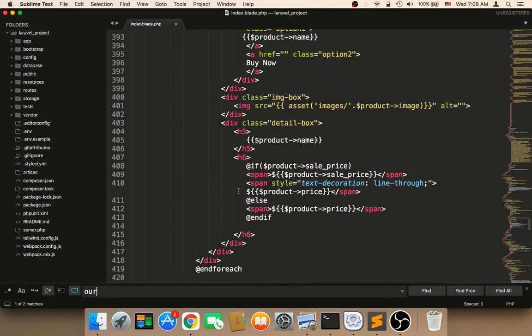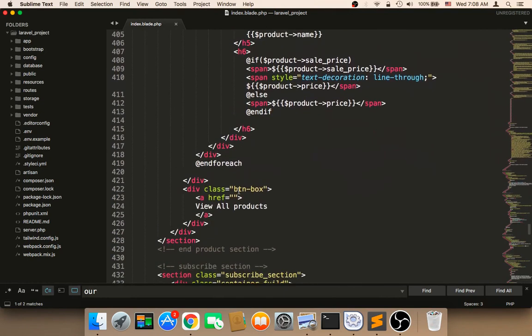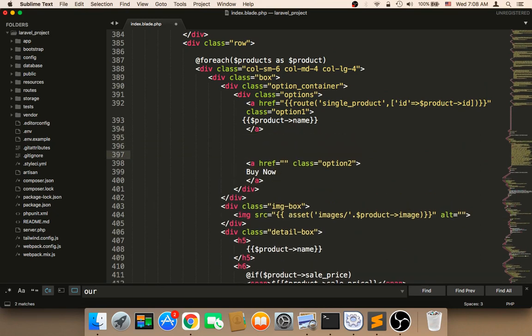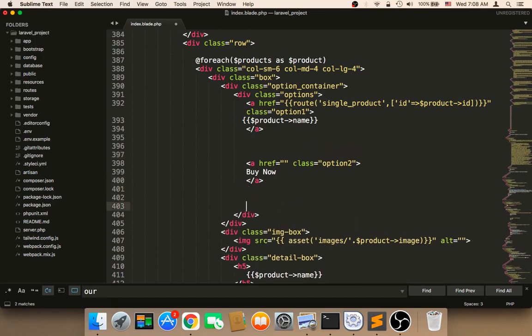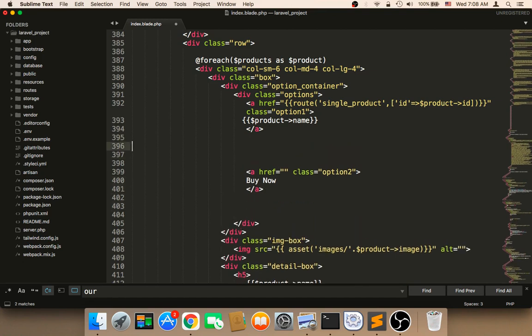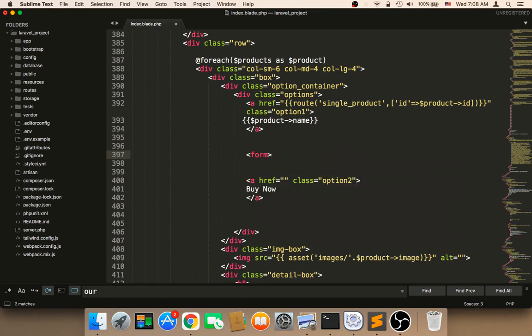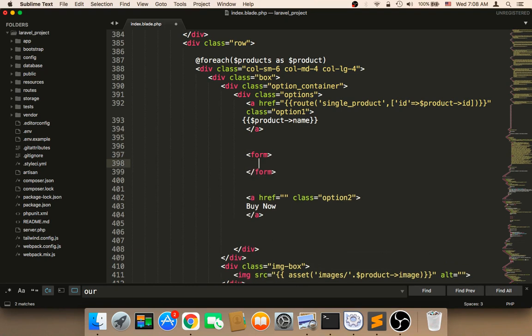So as you can see, we have a button here. The button is this button, buy now. Instead of just making the button useless, we need to convert this to a form. So I'm gonna add here some space, and I'm gonna say form, and then inside this form we need to store a few pieces of information that we need in order to add